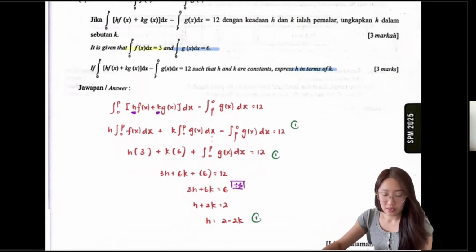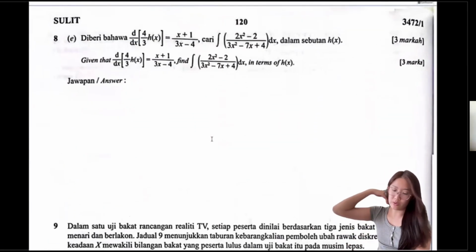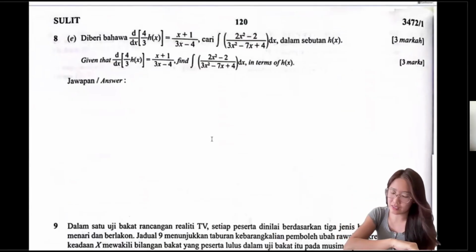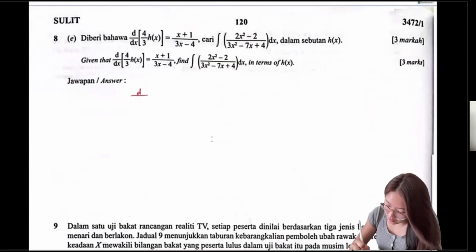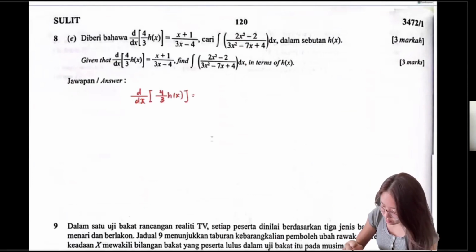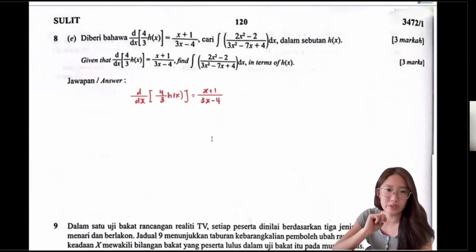Okay. Then your question E. Another 3 marks over here. You have 5 sub-questions here, yeah? Okay, hang on there. It says that d/dx, which means differentiate with respect to x, of 4 over 3 hx equals x plus 1 over 3x minus 4. This is testing you on the first thing you learn in integration, which is to prove